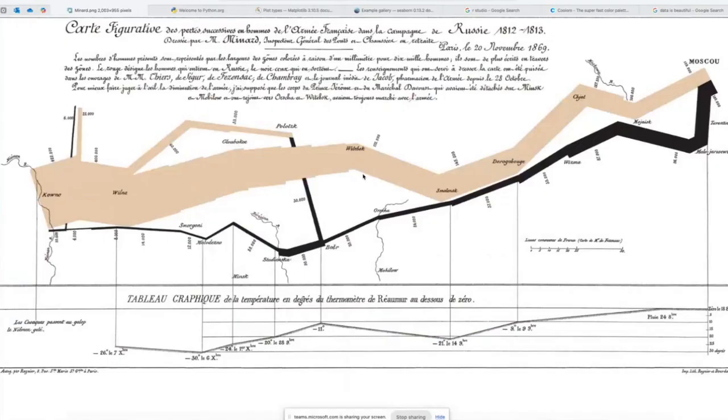So it seems like a very odd graph at the start, but it's a very creative way to illustrate a point. So you can see that there is a line at the top in beige, and there's a line at the bottom in black. The width of each of these lines represents how many members were in Napoleon's army at a time. And the further across to the right they go, the further into Russia they go. As you can see, it starts out somewhere in France, they go to Moscow, and then the black line represents